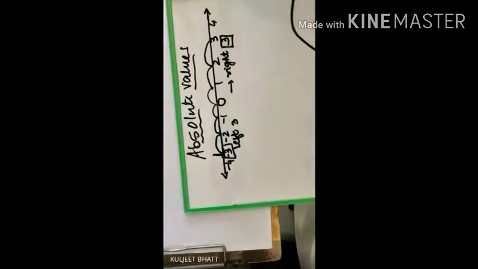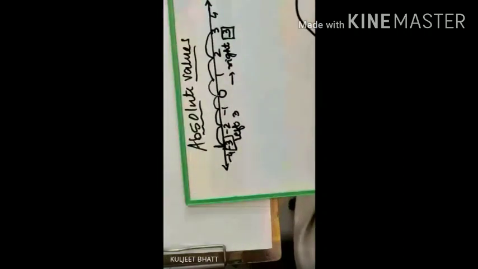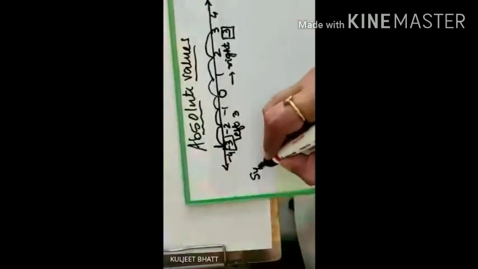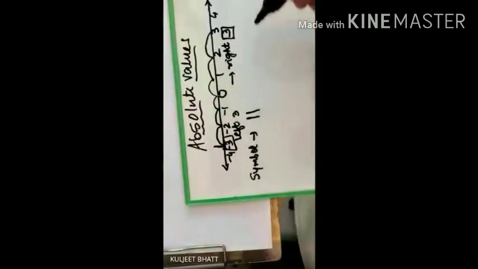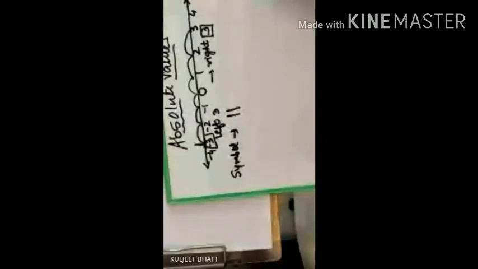So absolute value is nothing else but the number which is at an equidistance. Equidistance means a number which is at an equal distance. We jumped 3 places towards the left, and we jumped 3 places towards the right. That is your equidistance, and that is what you call your absolute value. Now, what is the sign and what is the symbol? How should it be written? What is its symbol? It is 2 parallel lines like this. When you write a number between these 2 parallel lines, that will be your symbol and sign for absolute value.